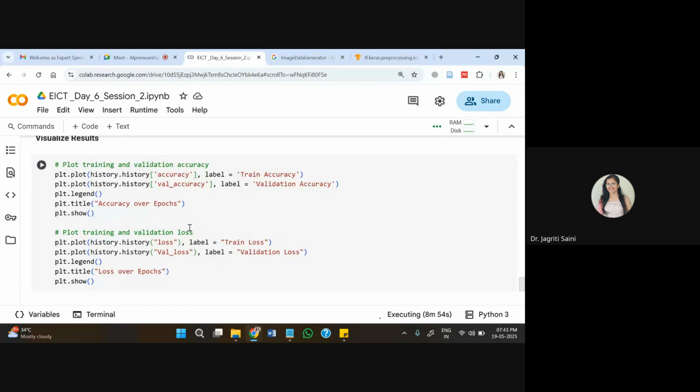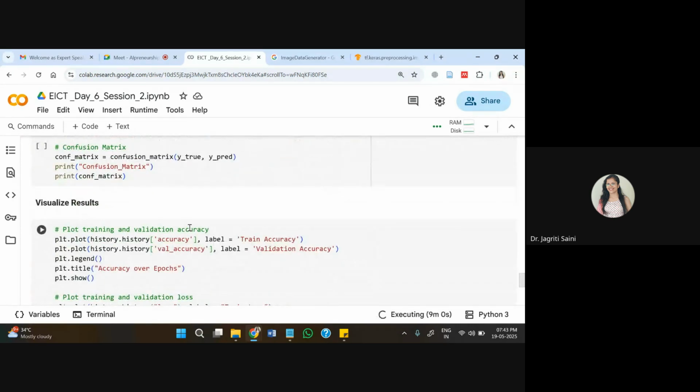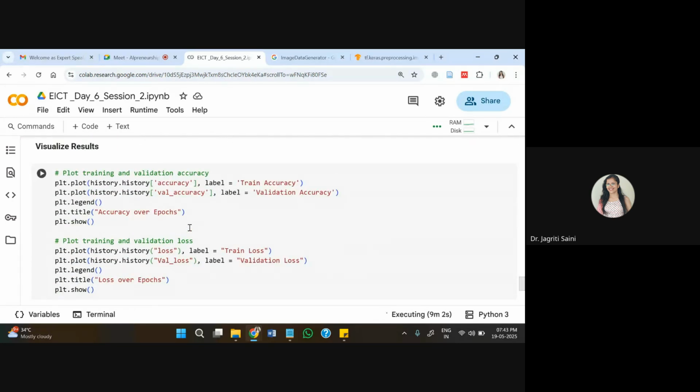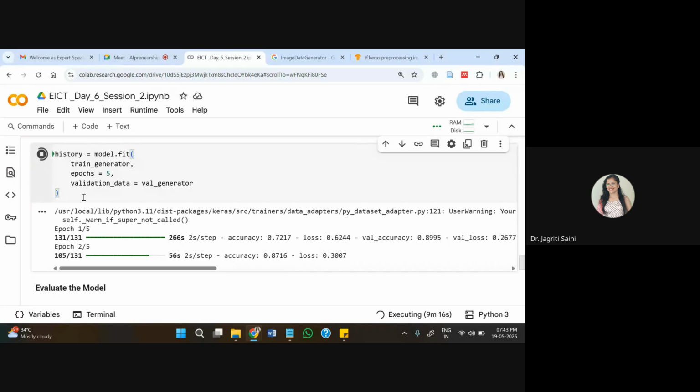Although with the current number of epochs that I have updated in this evaluation process, the accuracy and loss parameter will not be very good. We cannot expect them so close to each other in case of validation and training dataset. But still, this is just for the demonstration purpose we are using. Later on, you can increase the number of epochs, and maybe a better accuracy you can achieve with this kind of dataset.